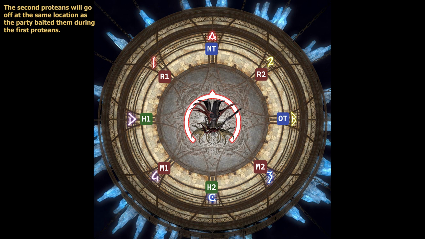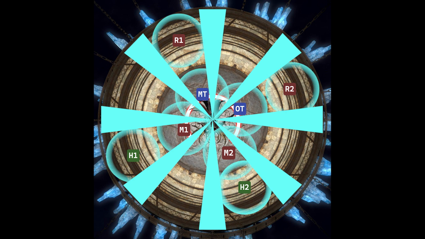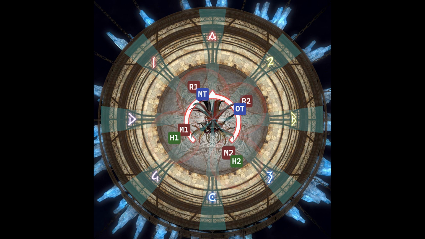As the second Protean goes off, the element Fatebreaker was channeling will come into play. If he was channeling lightning, we need to spread, as every player will have a spread AoE targeted on them, and if he was channeling fire, we stack in the middle safe spots, as supports will be targeted for stack markers that need to be soaked by 2 players each. Once all the Proteans go off,